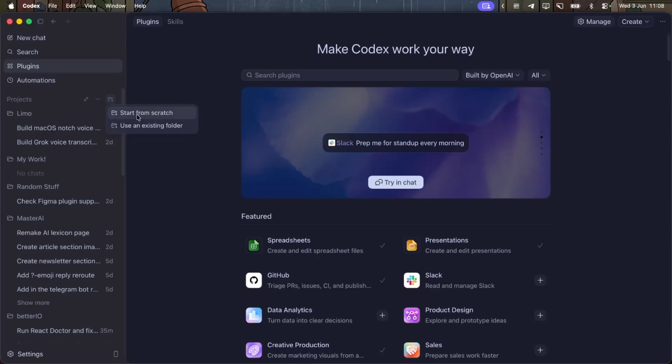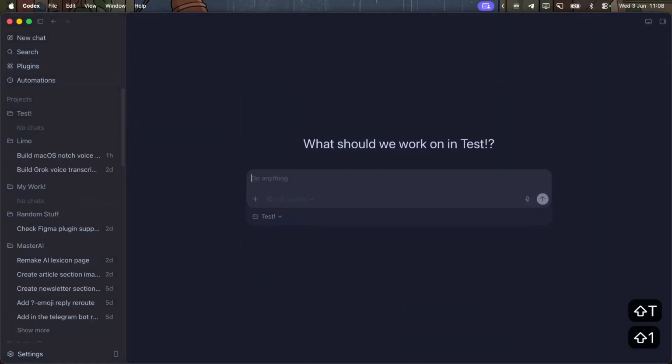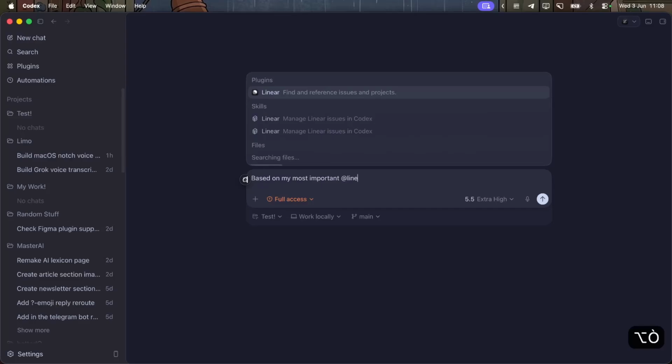Now, other cool things. We explained chats, but the most powerful thing is projects because it creates a folder inside your PC, locally. So we can start from scratch or from an existing folder. We can call it test. And here you can use literally 100% of the power of Codex. Based on my most important Linear tasks,